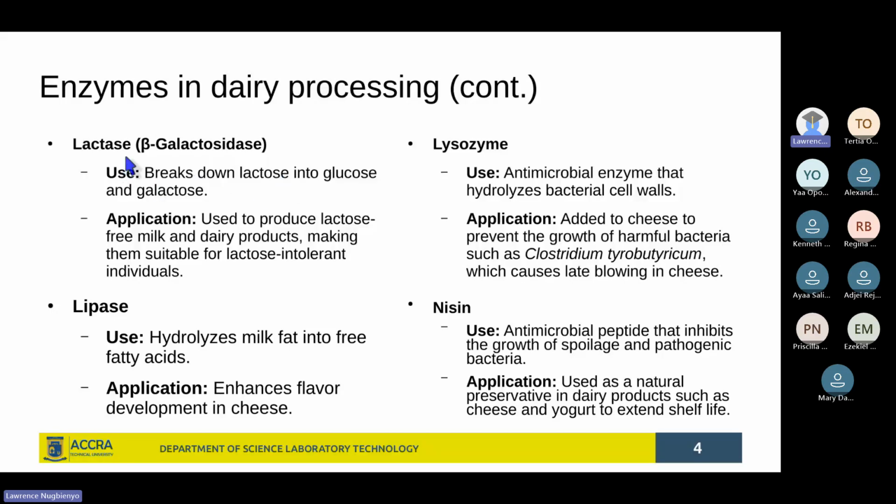The enzyme lactase breaks down lactose, which is milk sugar, into glucose and galactose. And this is used in the production of milk products for lactose intolerant persons. So you see, the lactose intolerant person has a deficiency in lactase, and because of that, you have